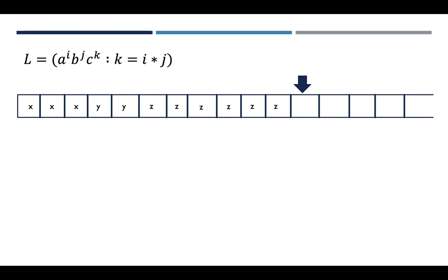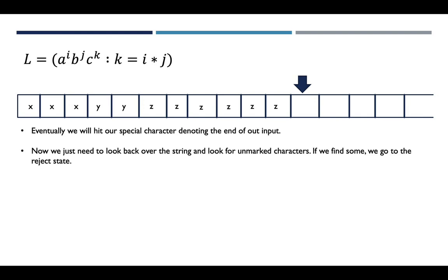So after some number of computations, what I'm ultimately going to end with is a whole bunch of X's, a whole bunch of Y's, a whole bunch of Z's, and then suddenly I'm going to see the special character that we denote as space, or effectively nothing, at the end of the input string. And so when I hit that special character, all I need to do is go back through the tape and look for any A's, any B's, and any C's. And if I find any A's, B's, or C's, then I have to reject, because I recognize that I had some A's or B's that I did not match with a C,